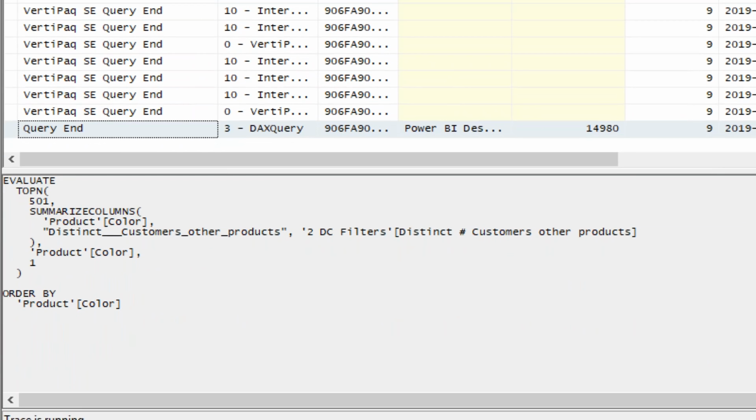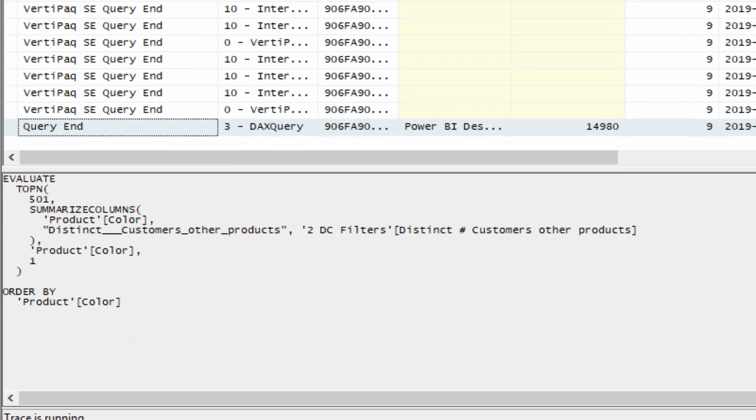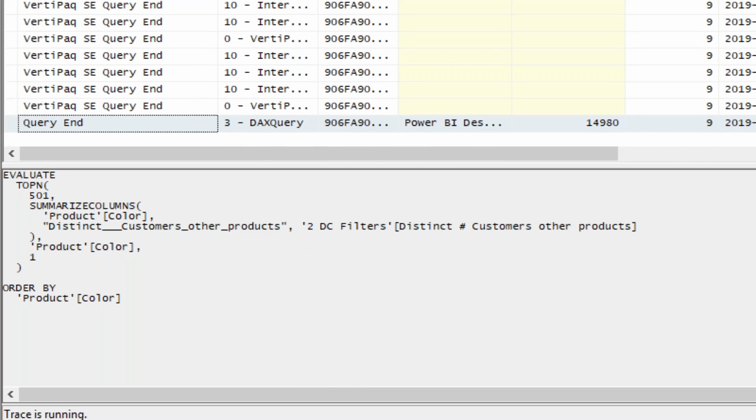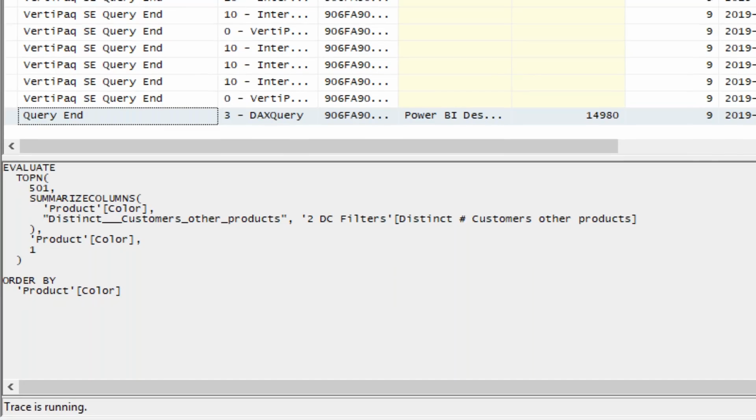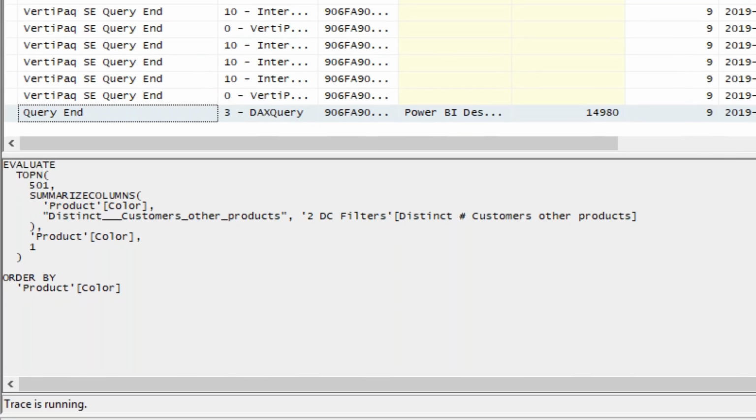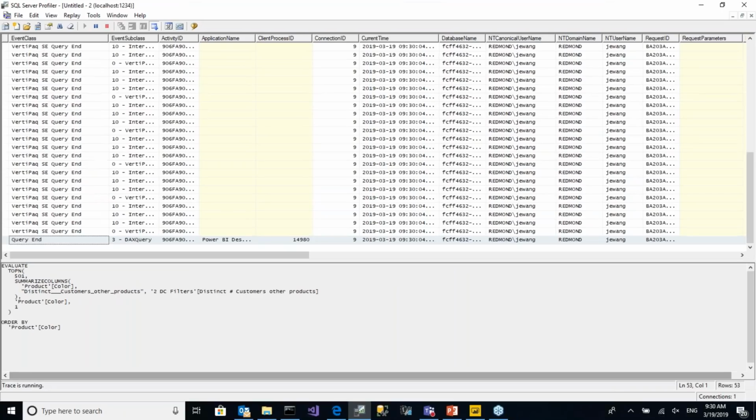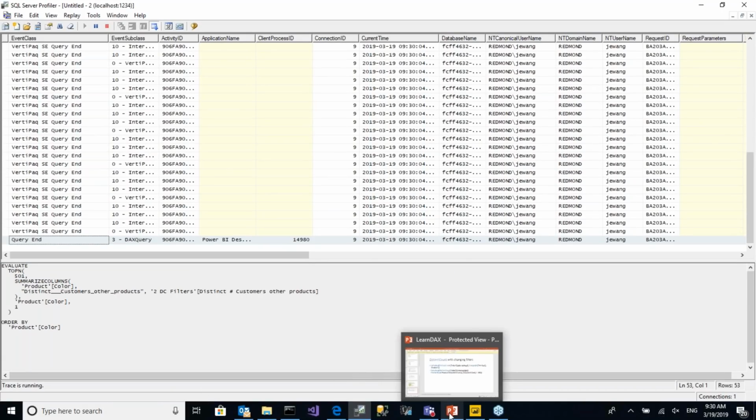it's still using SUMMARIZECOLUMNS and has only one column on the report, which is product color, and then one measure, that is a distinct number of customers who bought the other products. And why there are a lot more events is simply because the DAX engine is pretty smart in the sense that count is an additive thing. By additive, it means